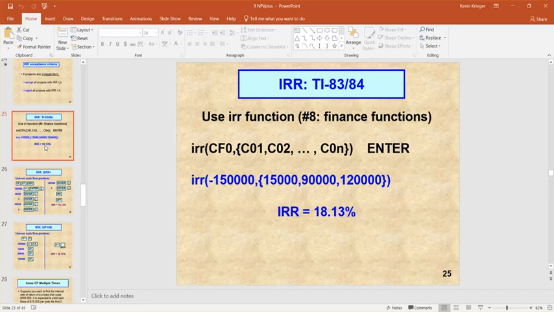The first 7 things are on the screen for all the models that I'm familiar with, but 7 is NPV. It's in the last row, and you can't see unless you scroll down that the 8th function is IRR. So you just kind of have to learn from somebody like me telling you that you hit number 8. So you hit apps, 1 for finance, 8 for IRR. It'll give you IRR in the first open parenthesis, and then you have to type in, right?